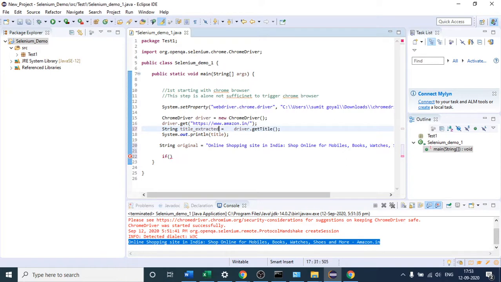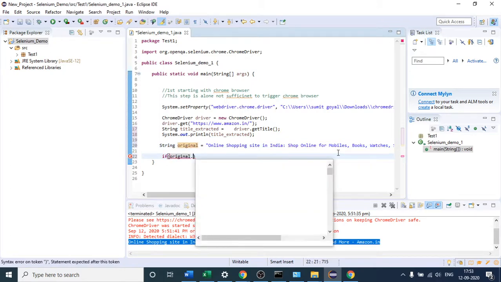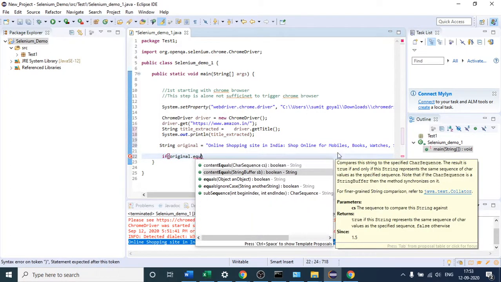This is the title which we have extracted from the browser, right? So if this is the one we are expecting, if original dot equals, this is how you can compare two strings, right?